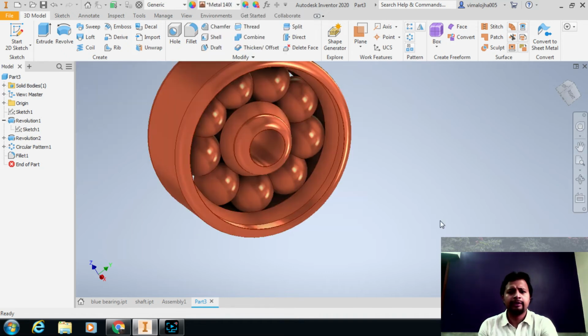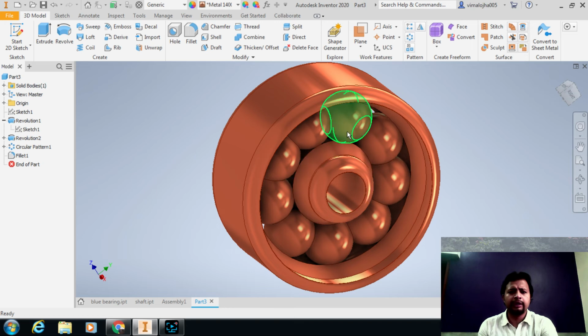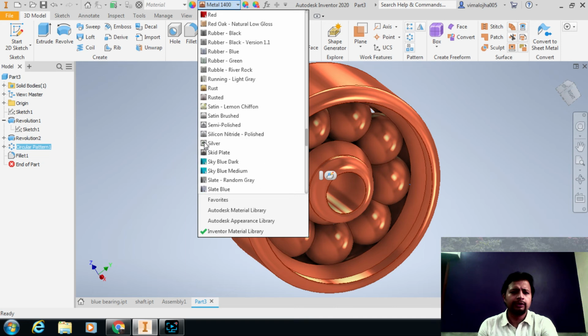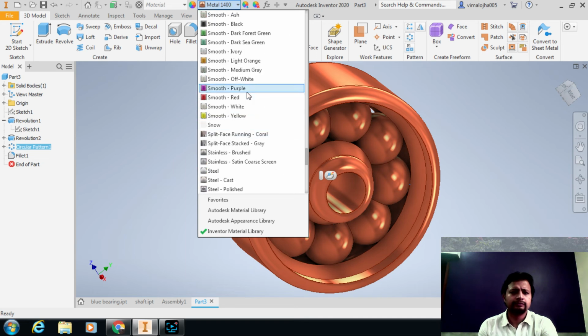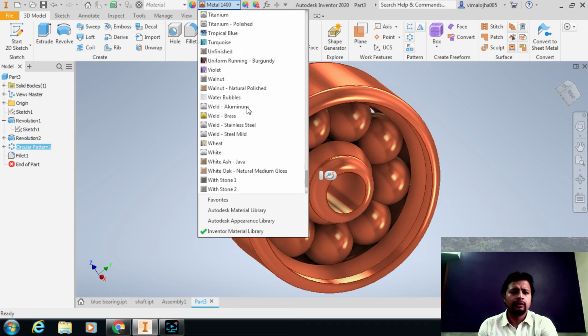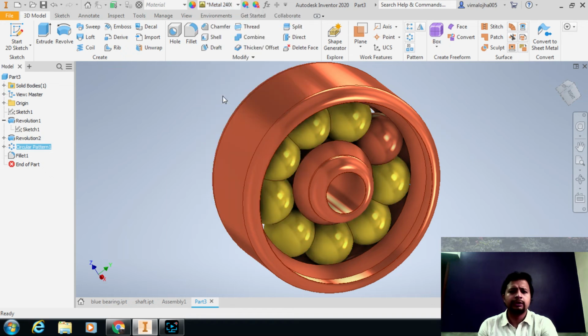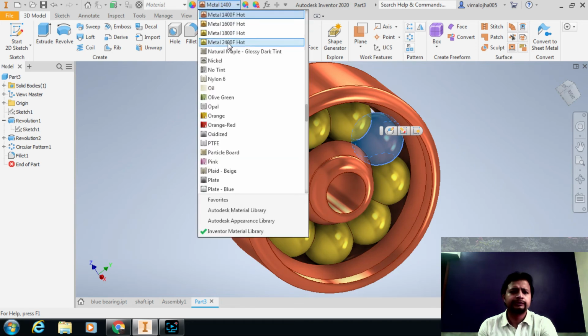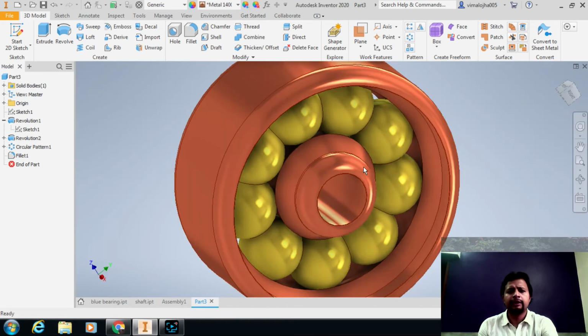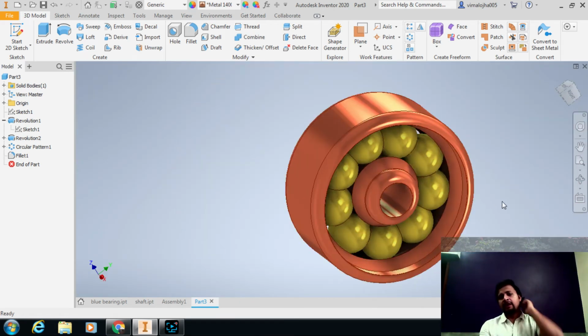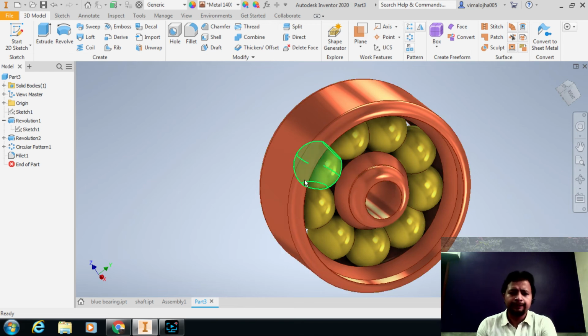So we have given the color. If you want to make this one different, go into the different selection and color. You can choose this one, select this one, again give this one. So here we have created this bearing.